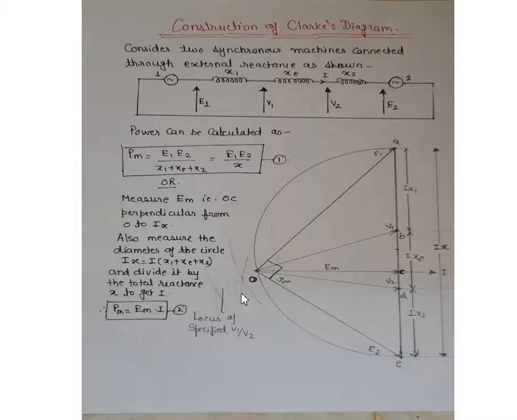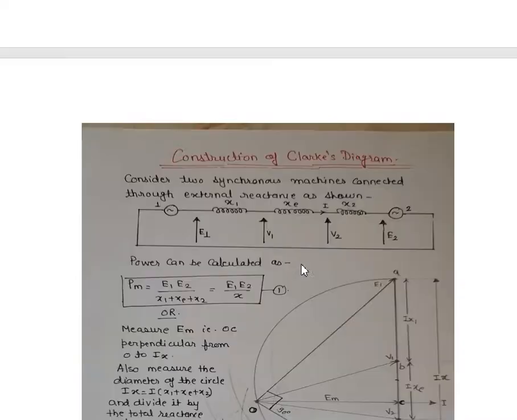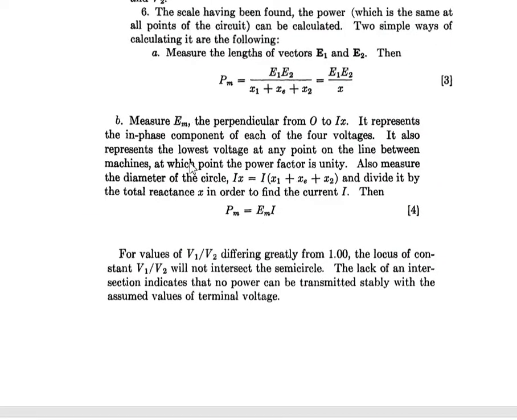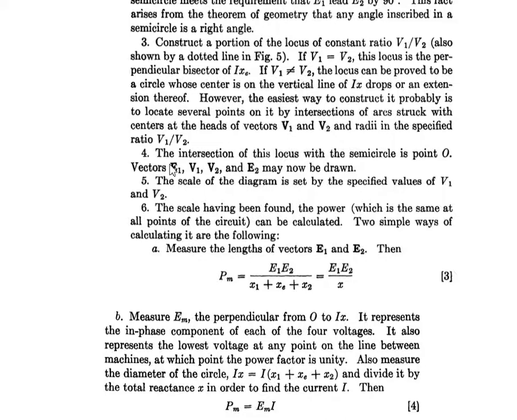So have you drawn this? Have you completed this procedure? Let us move further. Then join these points OA, OB, then OD and OE. So what we get here now, that is step number 4.